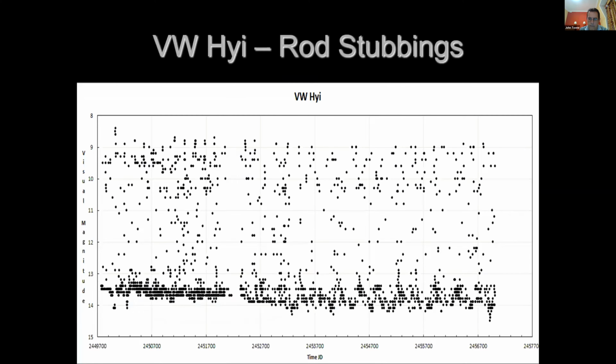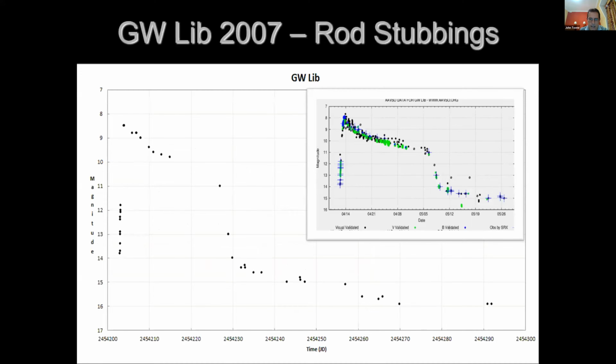Here's a typical light curve from Rod of the brightest Southern Hemisphere dwarf novae. And you can see he's a very busy guy. And this is another light curve from Rod of GW Lib, an outburst. And you can see quite a lot of subtle detail in that light curve, just purely using his observations, which was the majority of the greatest source of data for the AAVSO light curve, which is in the top right.